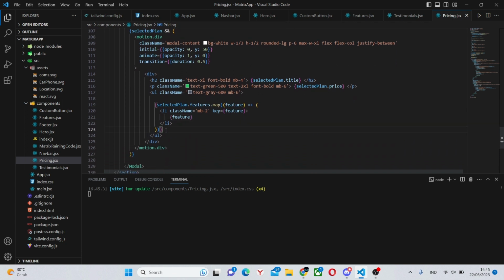Now we can go outside this map and add a close button to this modal.